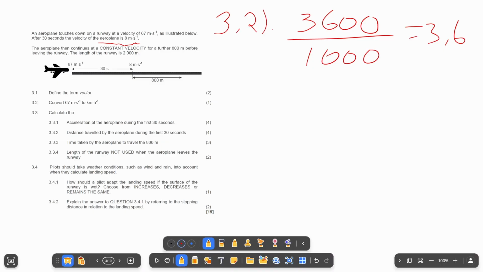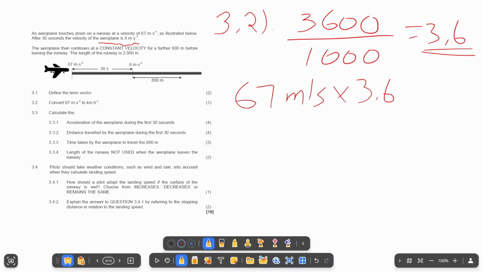You can multiply this with the speed in meters per second to get kilometers per hour. You can work it out slowly, step by step, if you don't understand this. Therefore, this is the factor that we can use. We can just say 67 meters per second multiplied by 3.6